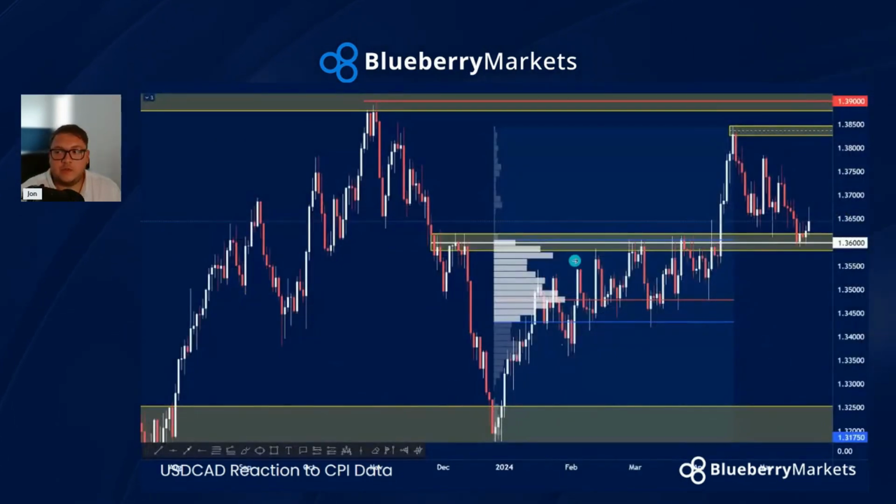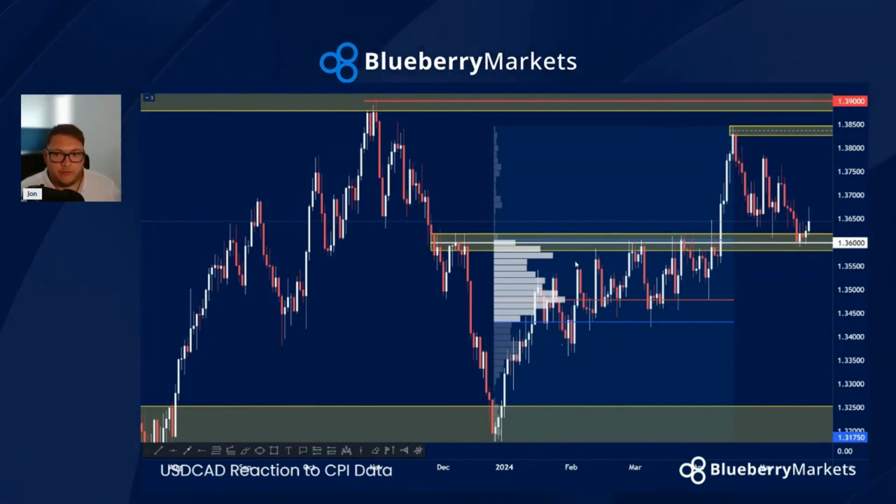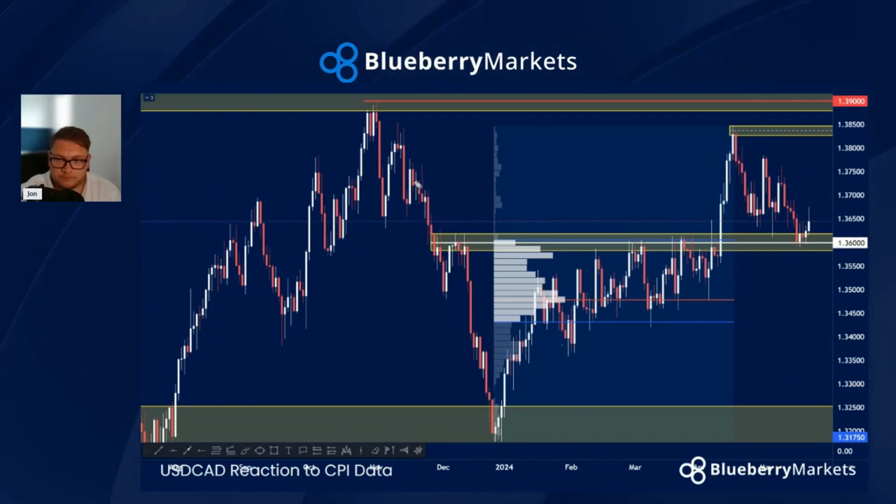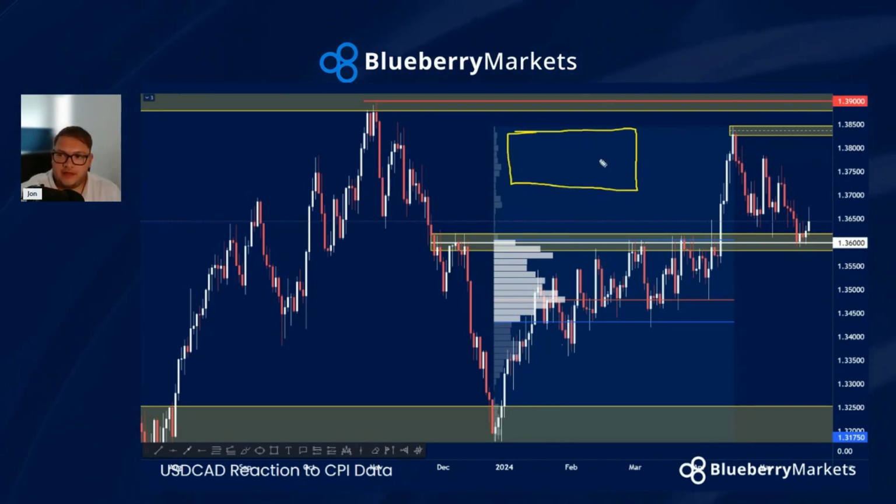And it will make sense when we look at the volume profile. So for me, the market moves between volume areas. What I mean by that is we have an area where the market will consolidate for a period of time. And within that consolidation, we have buyers and sellers, right? We have buyers and sellers all the time within the market.